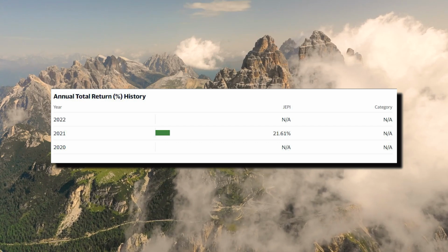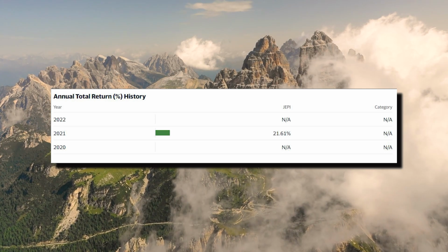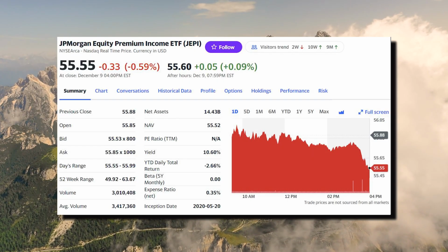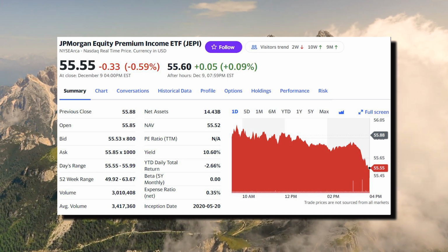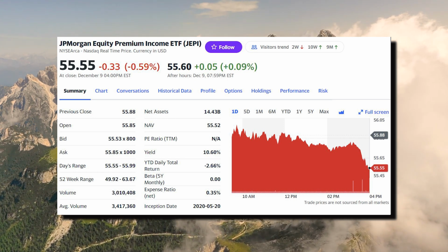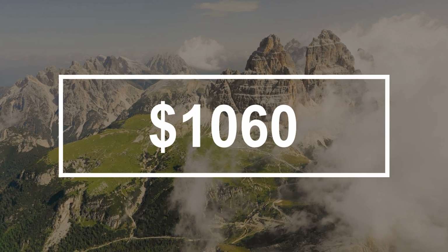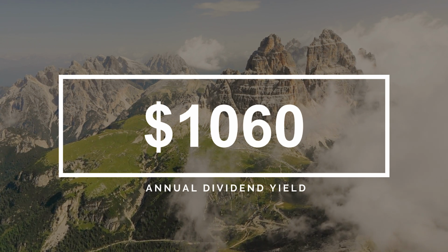And taking a look at JEPI's annual total return history, it doesn't really have one because it's only been in inception for 2 years, but it does have data for 2021 where it recorded an impressive 21.61%. On top of this high growth, JEPI has an insane dividend yield of 10.6% annually, which makes it a strong contender for passive income, and accommodating its high growth in 2021, it's definitely a core ETF that everyone should own. So again, for every $10,000 you invest in JEPI, you'll get roughly $1,000 in dividends annually,